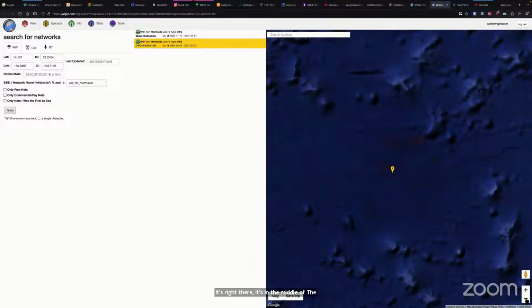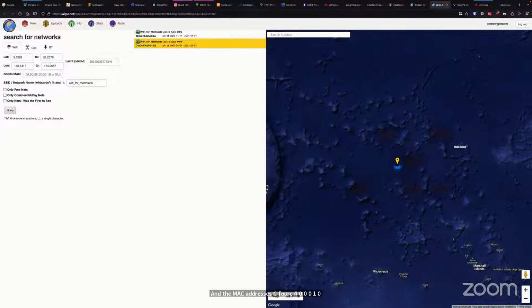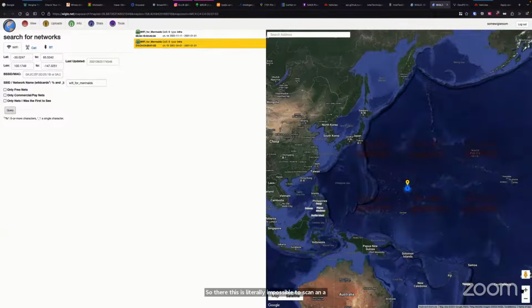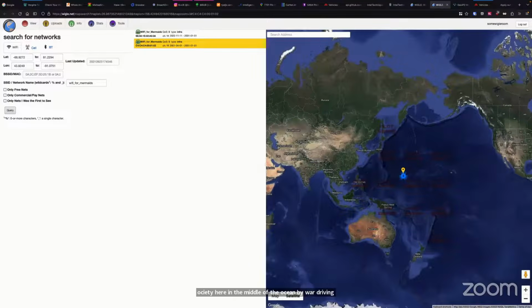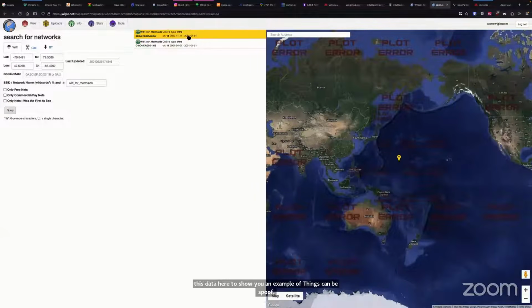That's literally impossible. And the MAC address is C4C4000102. That's not a correct MAC address either. So this is literally impossible to scan an SSID here in the middle of the ocean by war driving, unless you're on a ship maybe. But I purposely injected this data here to show you an example of how things can be spoofed. You can't take everything for granted that you see online.